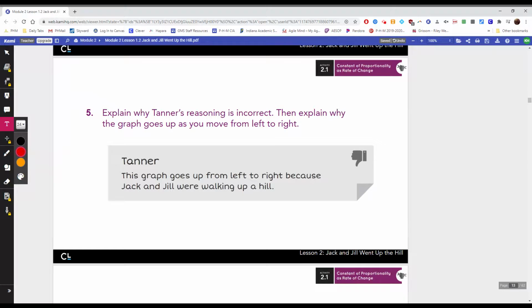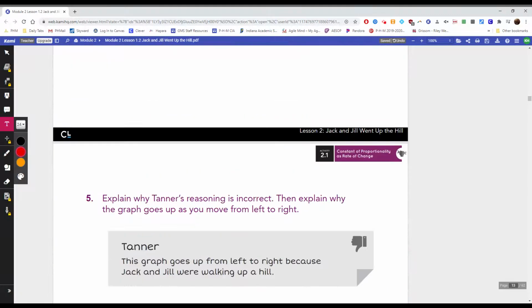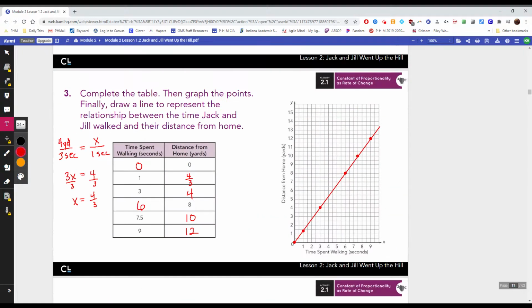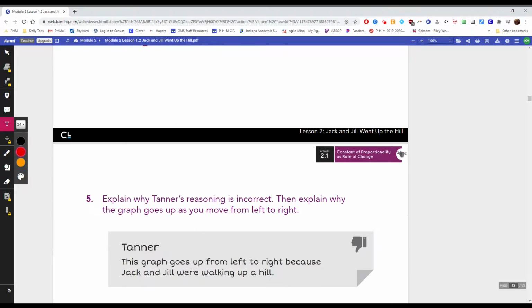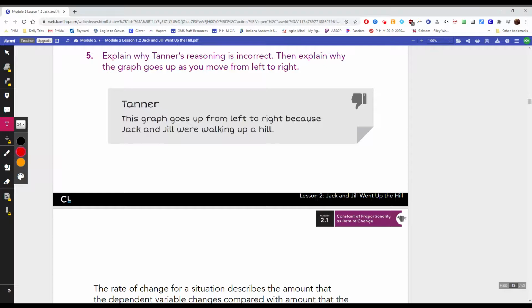So Tanner says this graph goes up from left to right because Jack and Jill were walking up a hill. It actually does not have anything to do with walking up. The reason the graph goes up, let's look at it. This is time that they spend walking. The vertical axis is the distance. So the reason it goes up is because the distance is increasing. So the graph increases in height